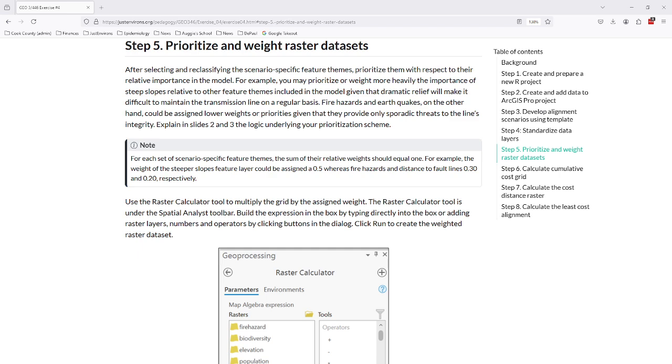And the idea here is that when you have these three layers, maybe based on a survey or some focus groups and people you're working with on this particular project, even within the scenario, they may prioritize one factor over another factor. So, for example, they want to assign relative weights to each of the various factors. In this case, we're going to be assigning weights to the slope and the fire hazards and the distance to